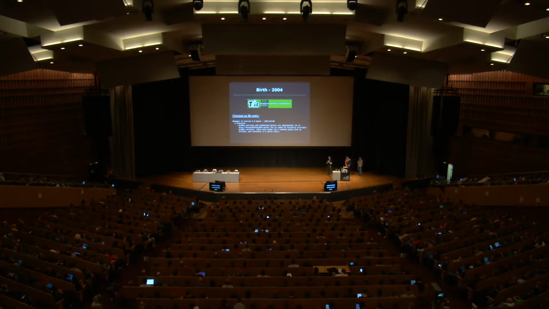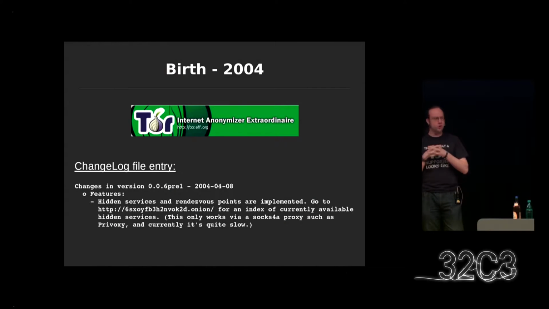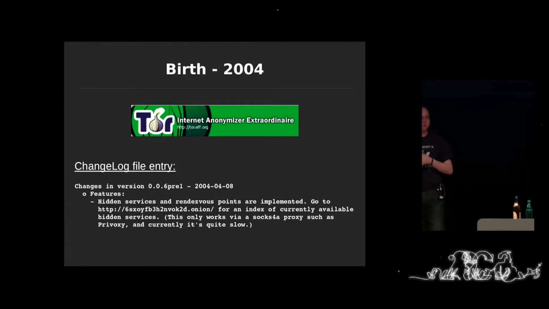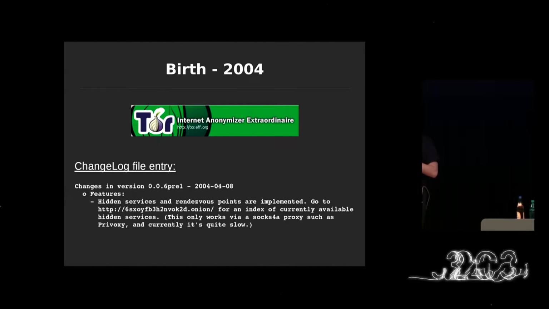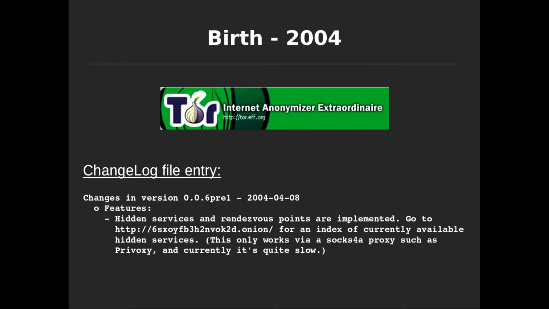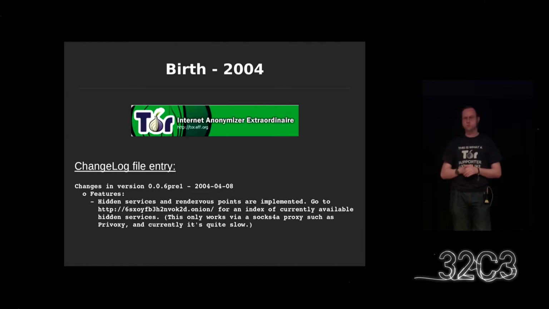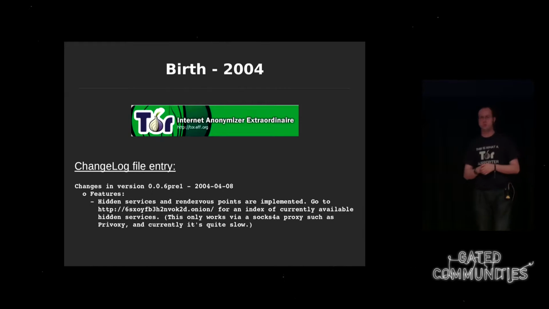OK, so how did this whole thing start? We're going to go through a couple of years at the beginning. In 2004, I wrote the original hidden service code, and I basically wrote it as a toy. It was an example: we have this thing called Tor, use it as a building block. Look what we can do. We can connect two Tor circuits together, and then you can run a service like this. And basically, nobody used it for a few years.